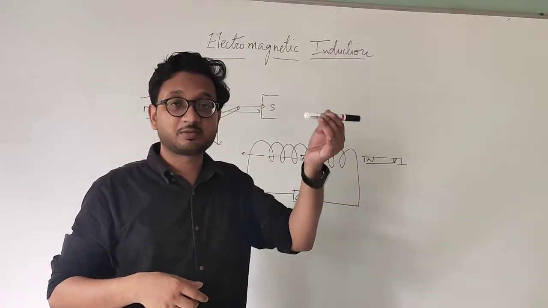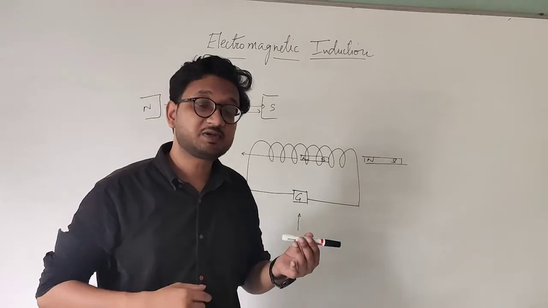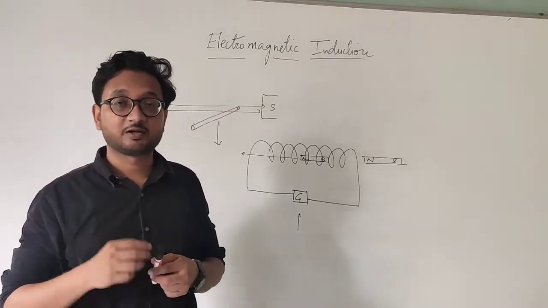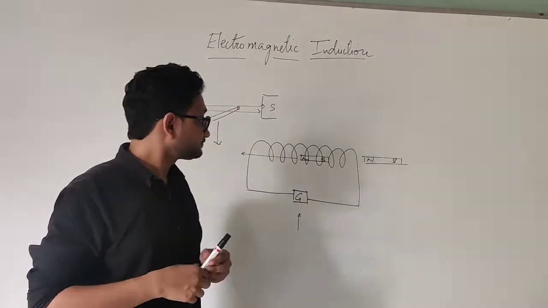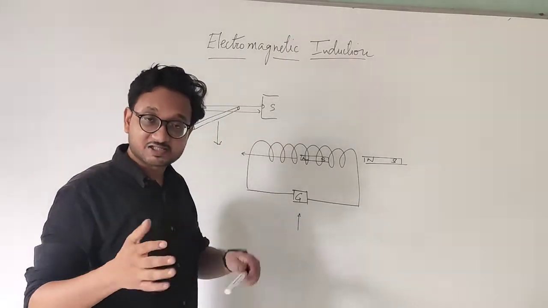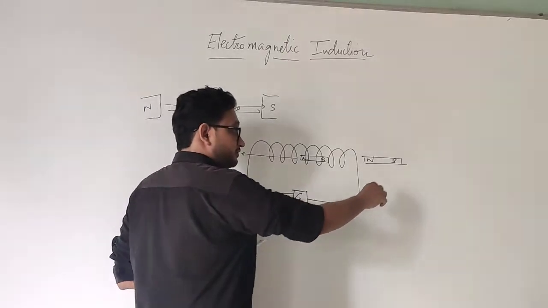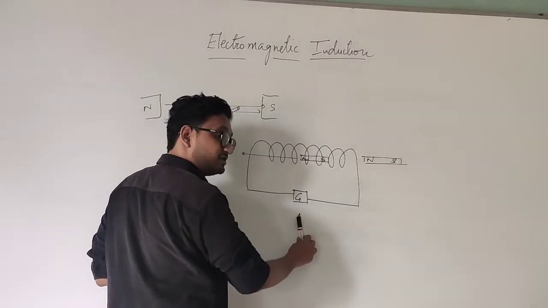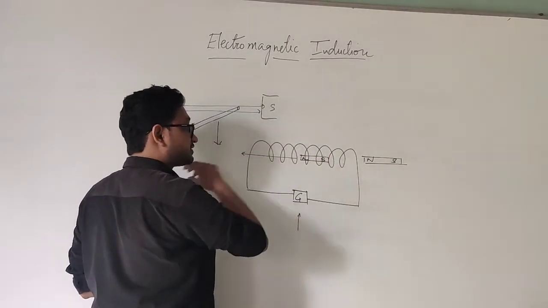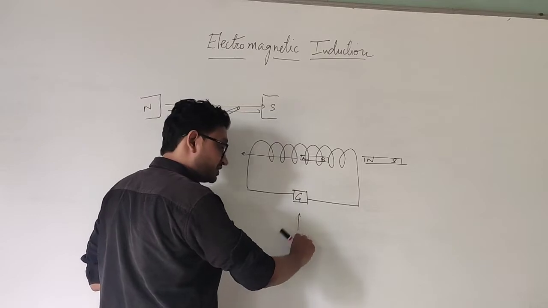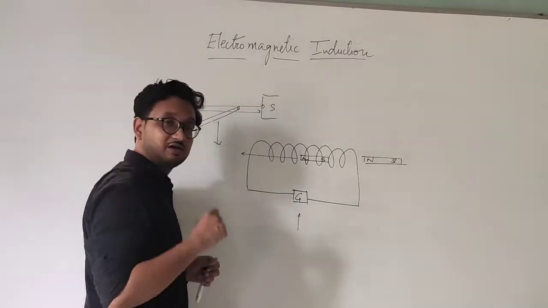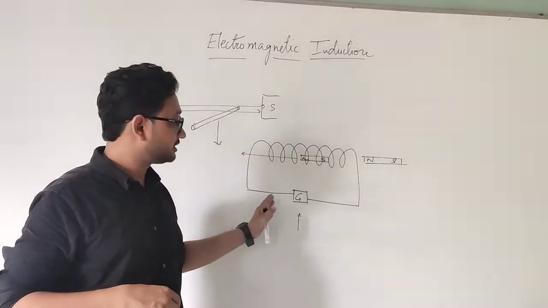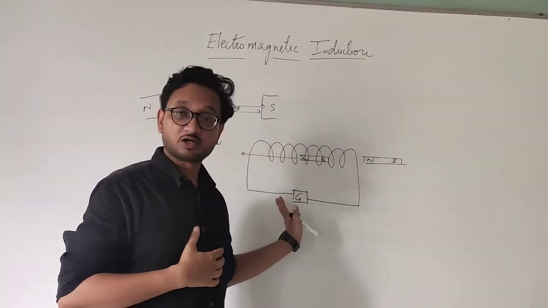But if we are providing the motion, then current will be generated in the conductor when it is kept in a magnetic field. Or another thing can be done. What Faraday did was, he experimented a little bit. When he moved the magnet really fast, when he was entering, the galvanometer showed deflection in this direction, and when he was exiting, the galvanometer showed deflection in the other direction because of the magnetic field. First there was the north pole, then the south pole, so depending on the pole, the deflection was on either side.